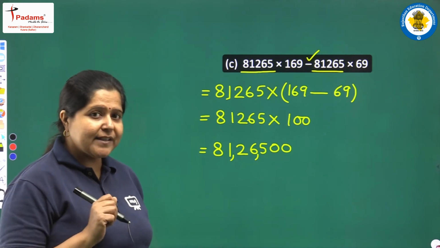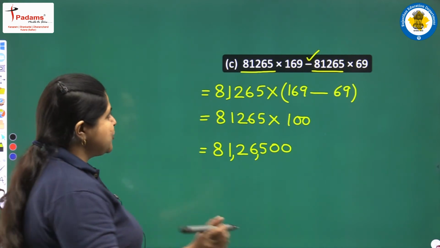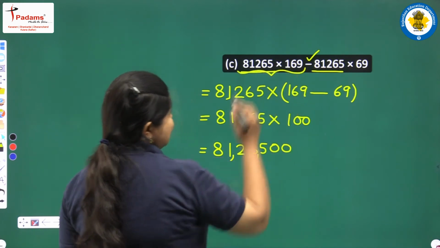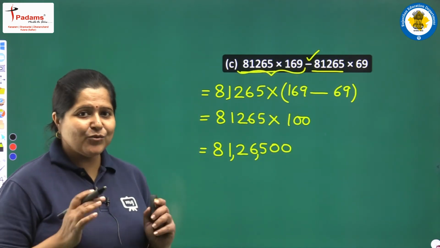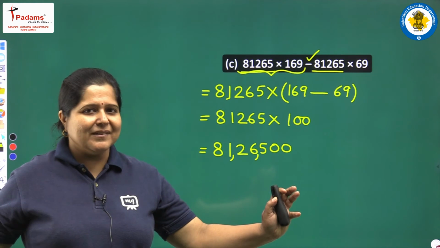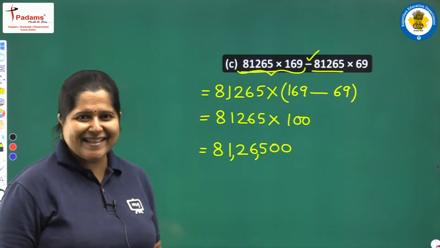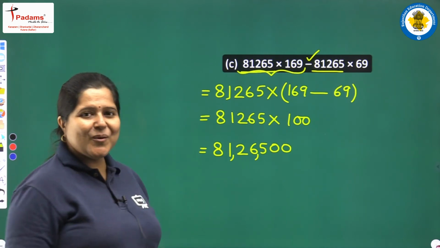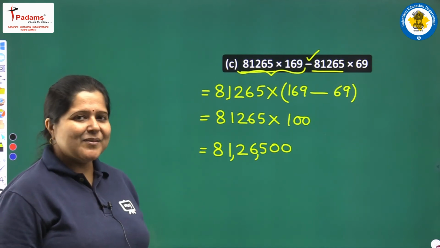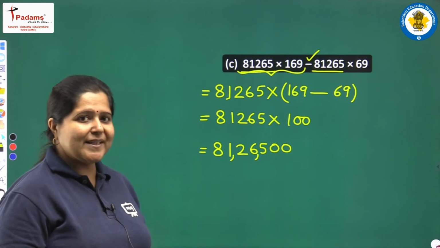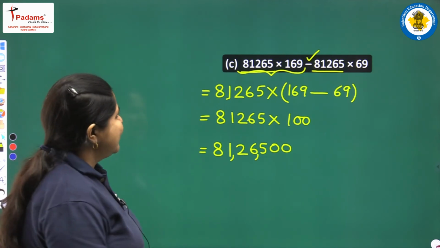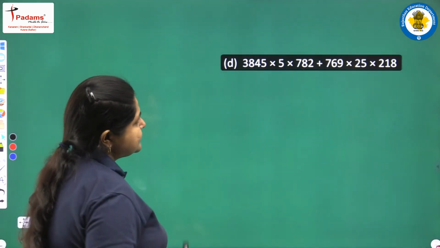And in place of this, just imagine if you would have chosen to multiply these two numbers, then the answer you would have got first would have been a large number. Time consuming and brain consuming, isn't it? Now we got the answer so easily and so quickly. So always apply these properties. Remember this. Next we have one more question.